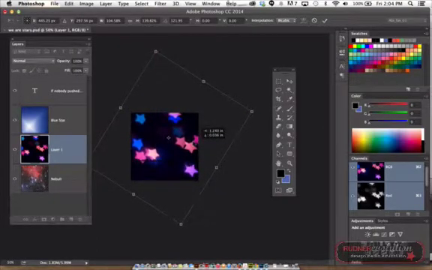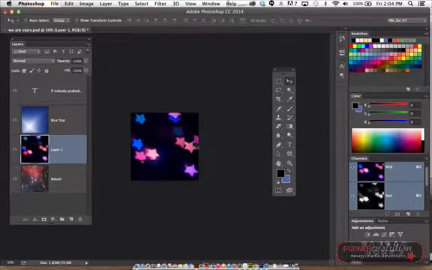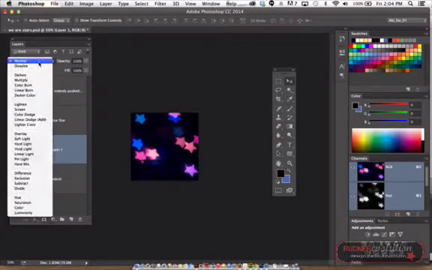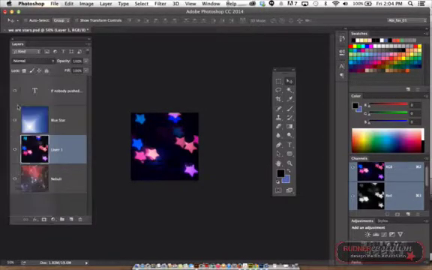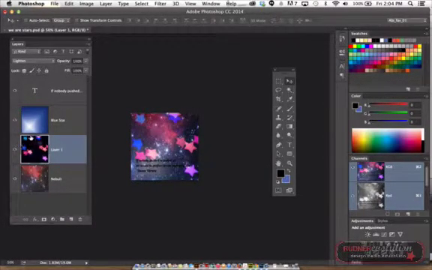All right, I'm going to stick with that. Press the return key to set the scale. And again, I may want to work with some of these blending options. Here I'm going to choose lighten. So what's happened is all the black in the image has disappeared and the background image is simply lightened by